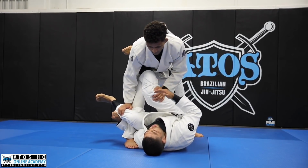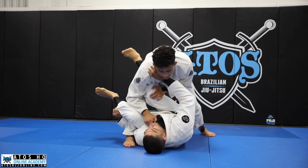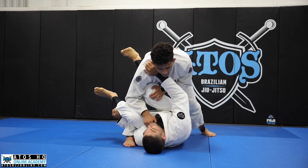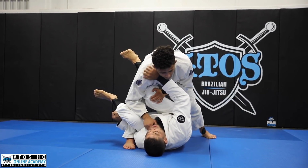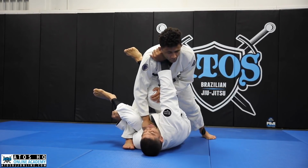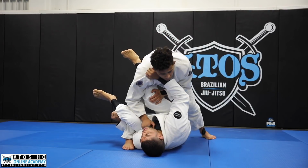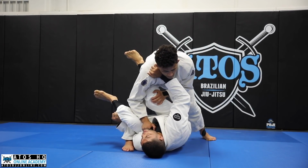So what you're gonna do here when you start putting the pressure, you're gonna grab his collar, or I can even grab with the thumb inside or just pull. But try to frame on his neck, under his neck, okay? Like this. You don't need to stretch your arm like this, okay? Just keep your elbow bent here, right? Now you do exactly the same thing with work,